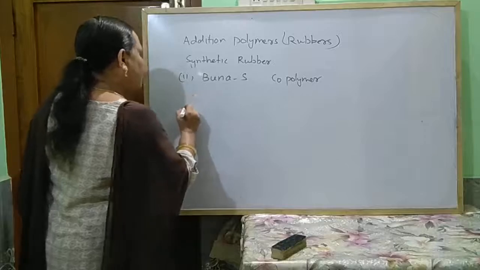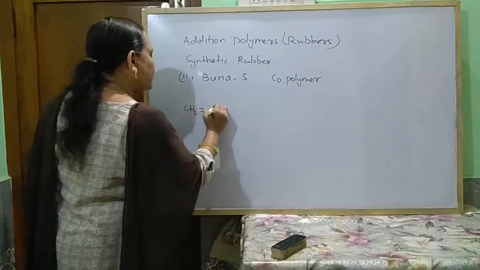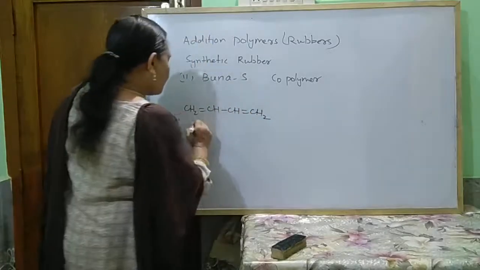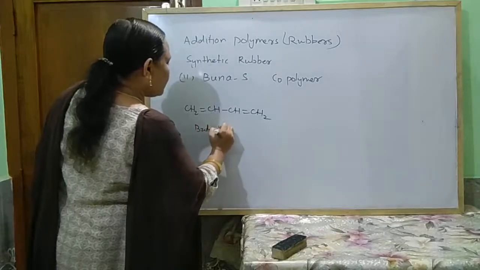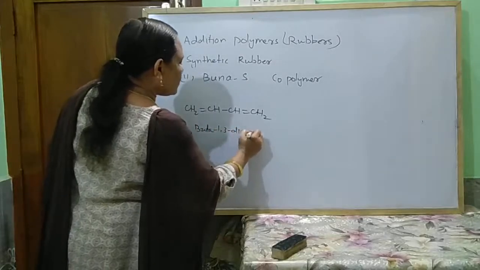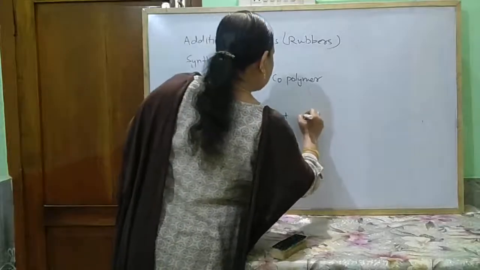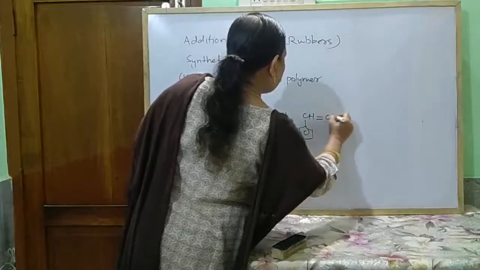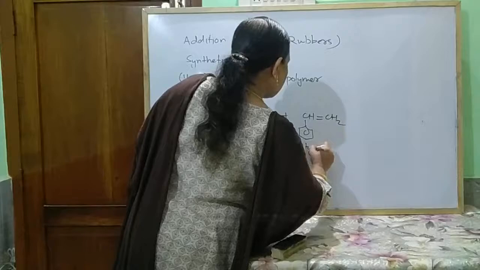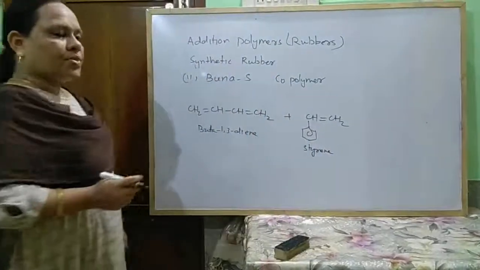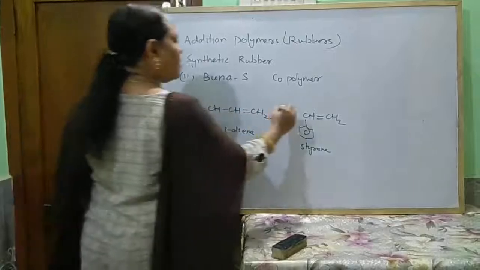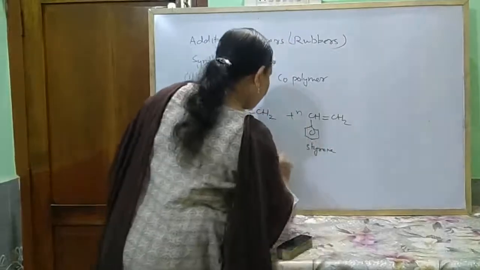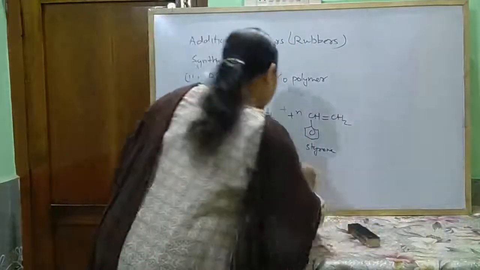So one is butadiene, buta-1,3-diene, and another is styrene. So these two undergo polymerization. N molecules of this and N molecules of this undergo polymerization to form Buna S rubber,